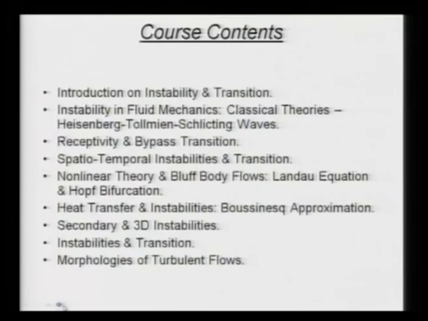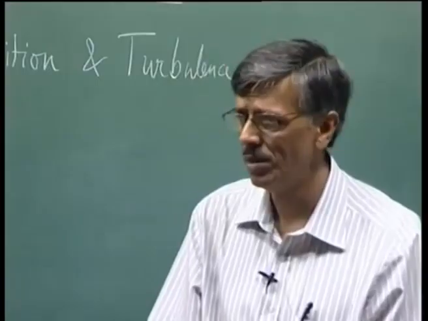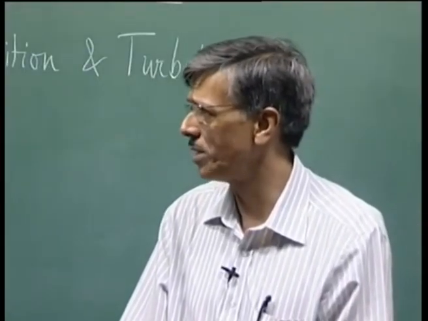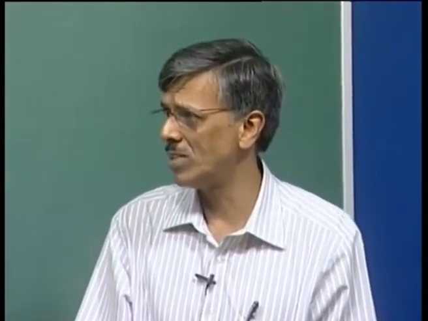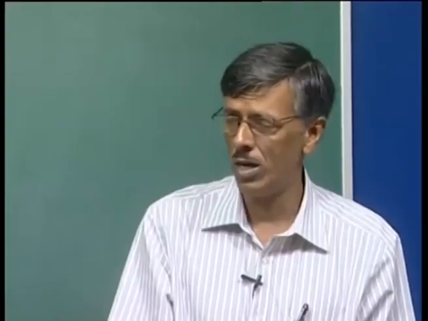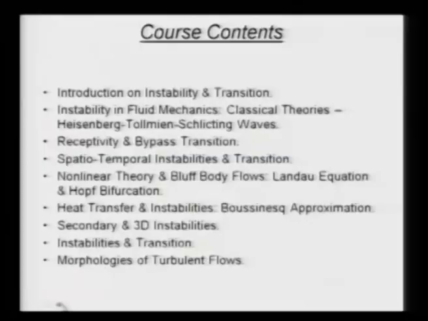There are classical theories developed, and you would be quite amazed, if you have not heard of it before, that one of the pioneers in physics who actually picked this problem up to solve is no other than Heisenberg. As a student of Sommerfeld, he first started looking at flow instability, and subsequently the German school led by Professor Prandtl and his students started looking at it. Two notable students are Tollmien and Schlichting. Those of you who have seen the book by Schlichting, this is the same gentleman.